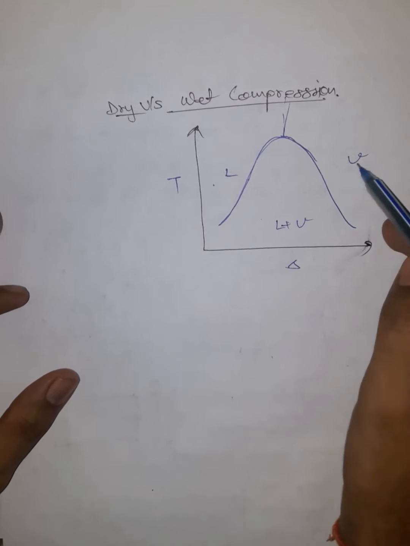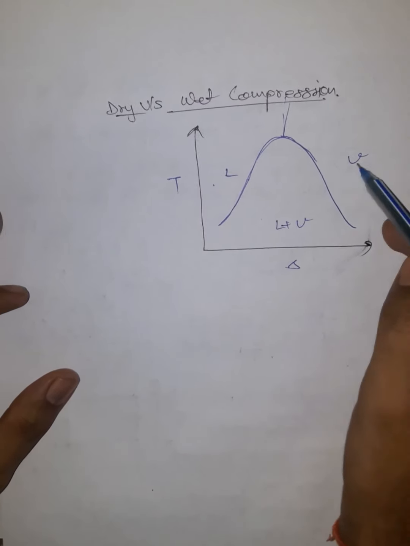Okay, so now let us see what is the dry compression and wet compression over here. We can very well see that dry compression means that the vapor would be dry. What does it mean? That it will already be completely in the vapor form, and wet compression means some amount of moisture will be involved in that. Okay, so we can see that moisture region is here. This is the region where the liquid and vapor, both phases of the substance are present.